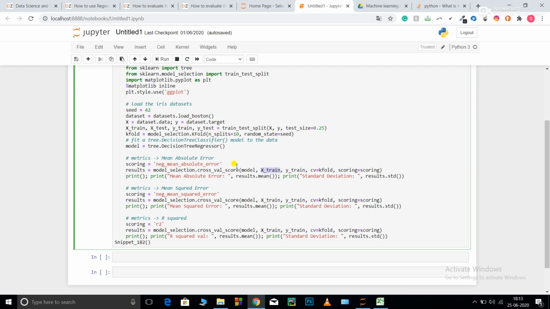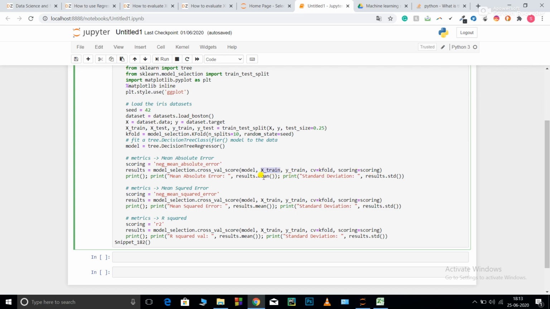When I calculate the mean absolute error, it will give me 3 minus 4, I'll take the mod of it because it's an absolute error, it will give me 1. Then again 5 minus 4, the mod of it is 1. So the mean absolute error will be 1 plus 1 is equal to 2, divided by 2, that is 1. Scoring is equal to the scoring method. After that it will print the final value, result.mean and standard deviation.